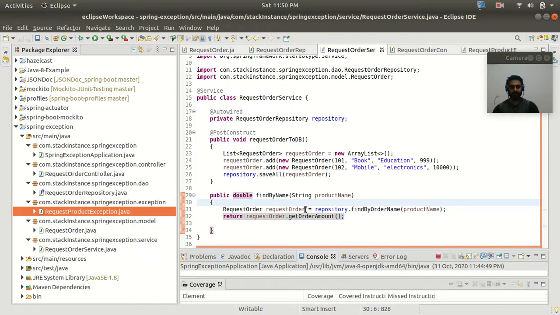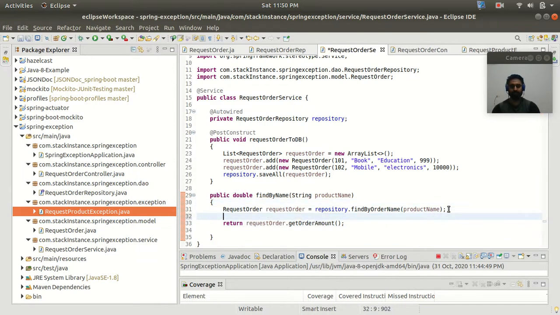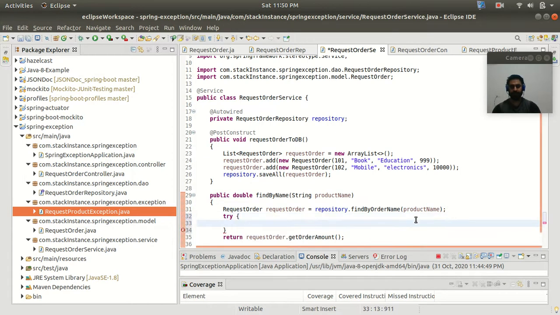For that, I will simply create one try block and then a catch block.